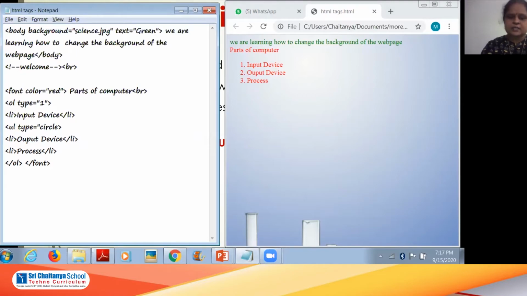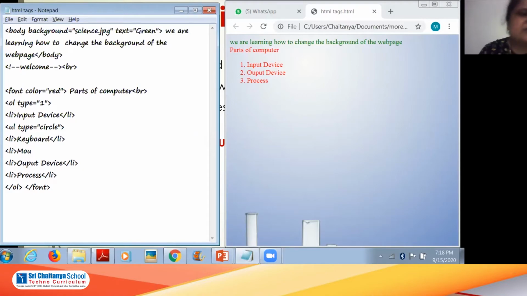Okay, I'll close this, and I will come down and I will write LI. Here I will write keyboard and close LI, because it should come below input device, so I am writing it below that. Now I want to display one more input device, that is mouse.